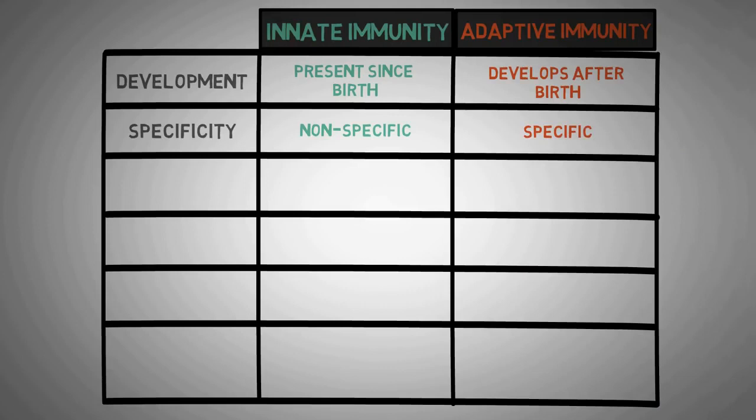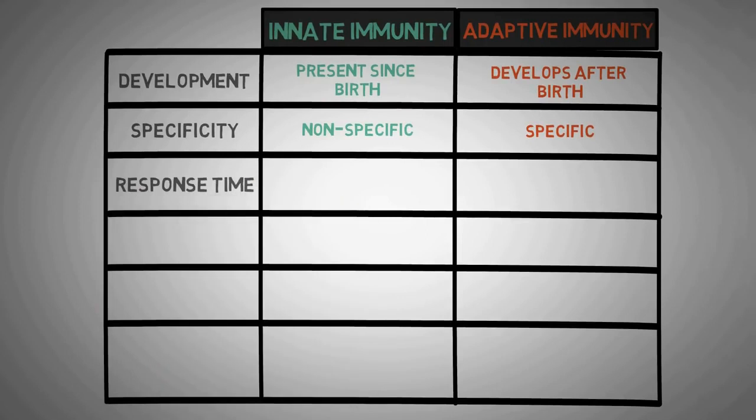Innate immunity is non-specific as it doesn't have any specialized defense systems for different types of pathogens. Rather, it uses a common defense system to kill all the types of pathogens. And a single immune defense mechanism of the innate immunity is able to defend against a wide variety of pathogens. This is in contrast to the specific immune system that has special types of antibodies and cells that are specific and act only on the pathogens they recognize.